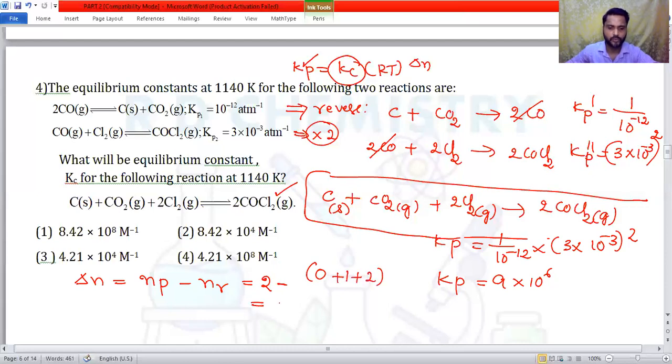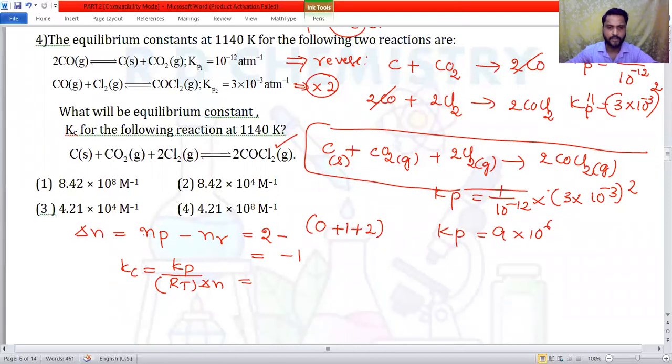So this is equal to minus 1. So therefore Kp is equal to Kc. I can write Kc is equal to Kp divided by RT to the power delta n, right? So we can now simplify. Kp we know it is 9